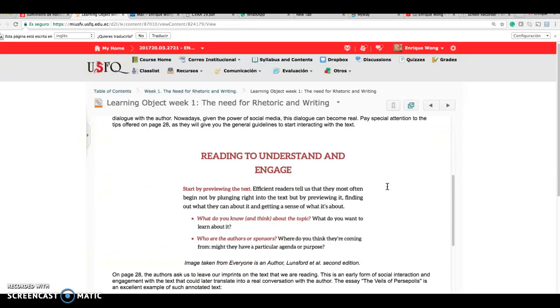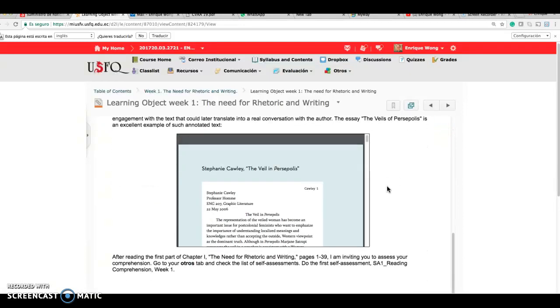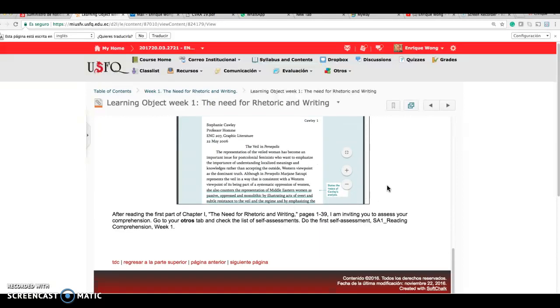So here on page 3, I explain the importance of reading rhetorically and the annotated critical reading. Text annotation is something that you will have to do all along the semester, and also that you have to provide evidence in the portfolio at the end. Here on page 3, I explained what